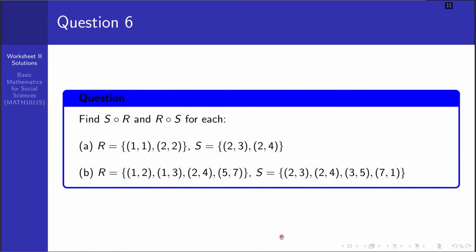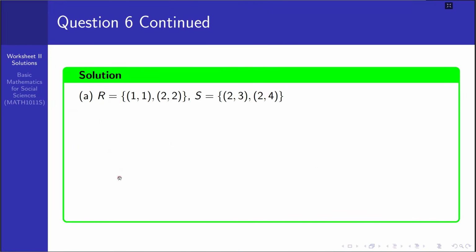We will see what the composition functions S composed of R and R composed of S look like and how they are found. Starting from the first, we have R in this one containing two ordered pairs, and S has also two ordered pairs. By definition, first, S composed of R means if in the